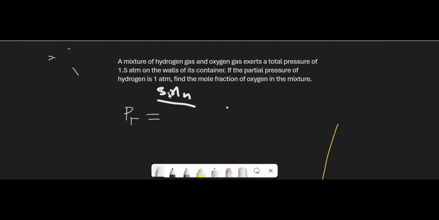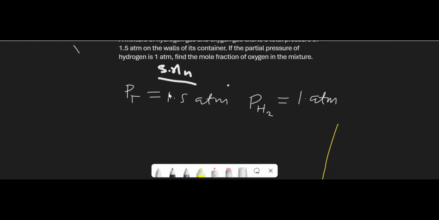Our P total is equal to 1.5 atm. And then we have the partial pressure of hydrogen equal to 1 atm. So now how are we going to get the mole fraction of oxygen? I think it's simple. We are now going to see